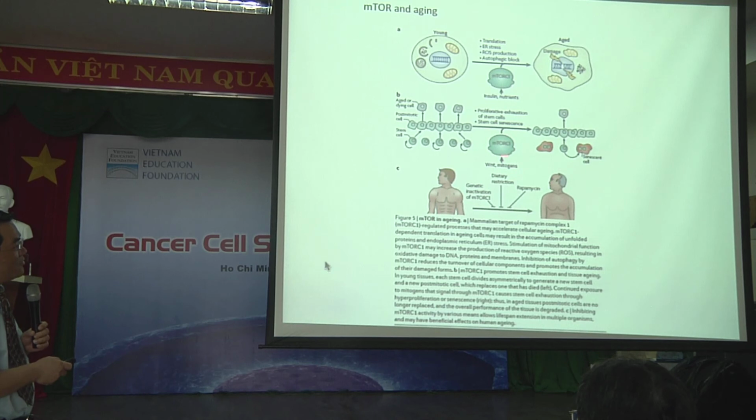But with mTOR being so active, they have to keep on making protein and making use of glycolysis. It almost makes the stem cell become so tired. In the end, they will commit